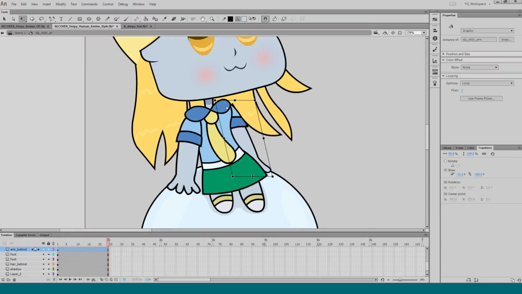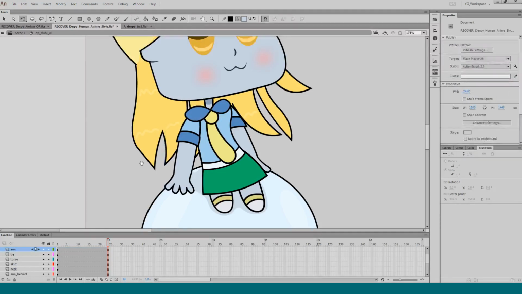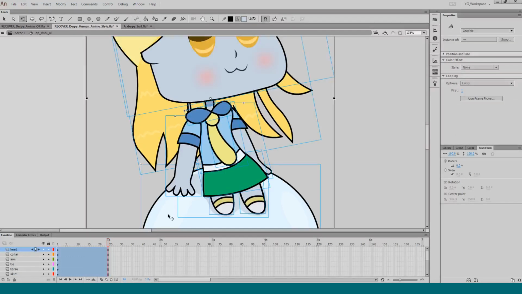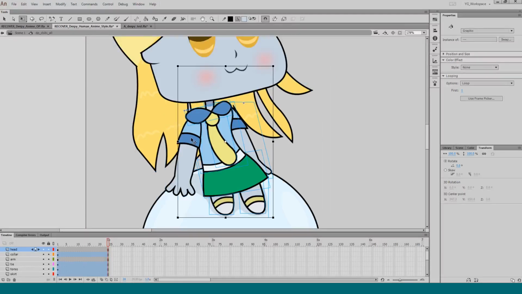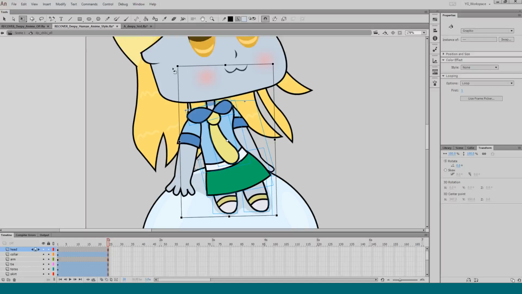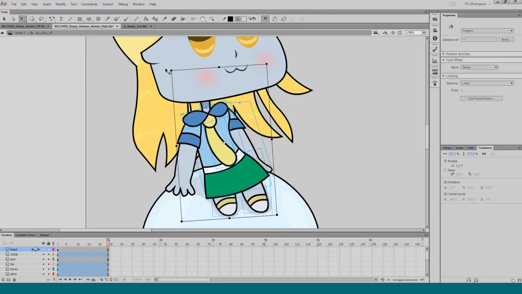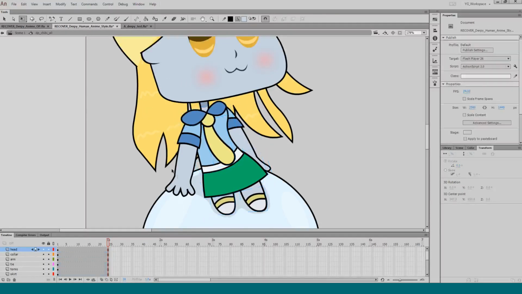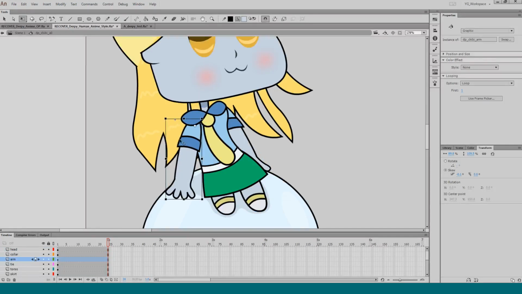And we kind of show the little finger to show that she's resting her whole arm on it. Okay. And I might just take everything except the head and the arm and rotate it like that to really show she's leaning that way.